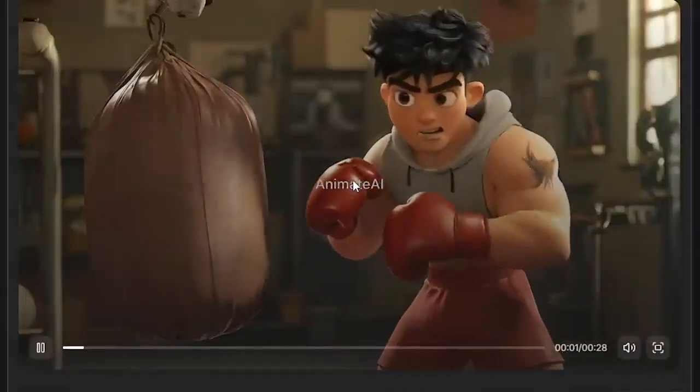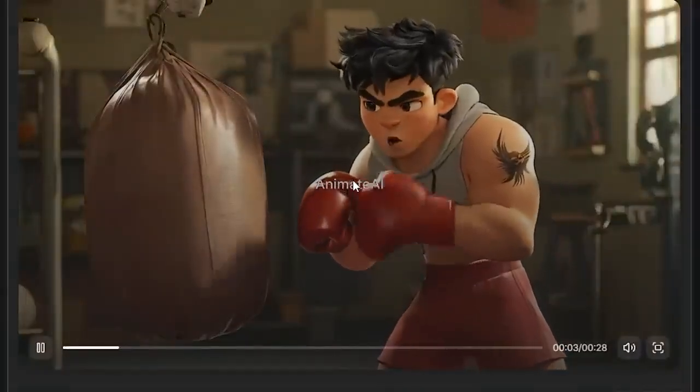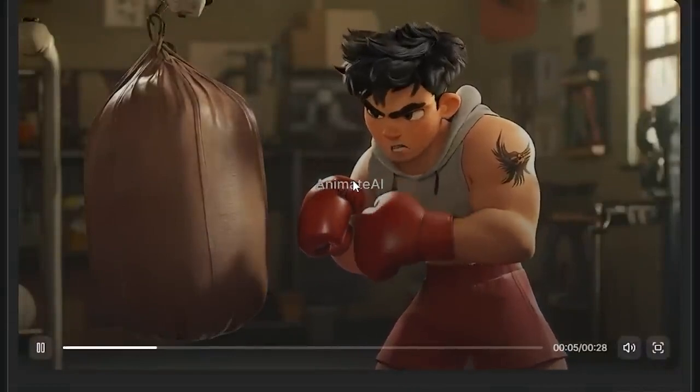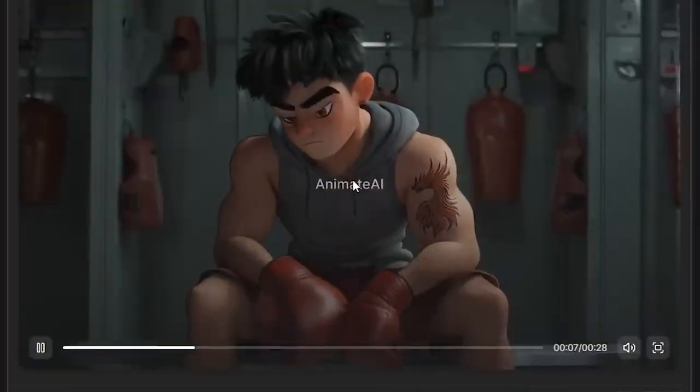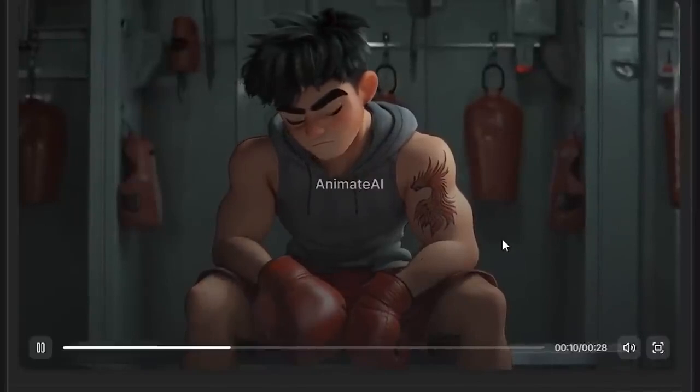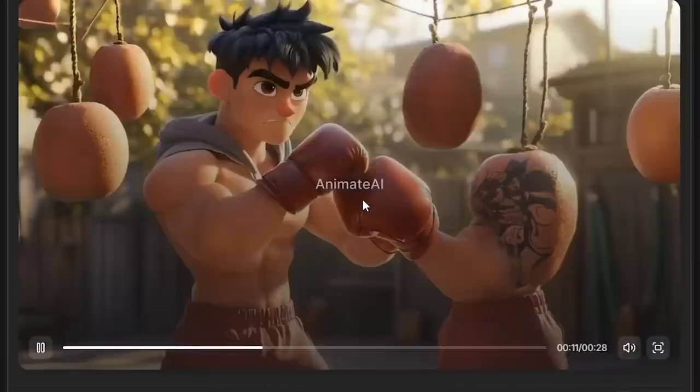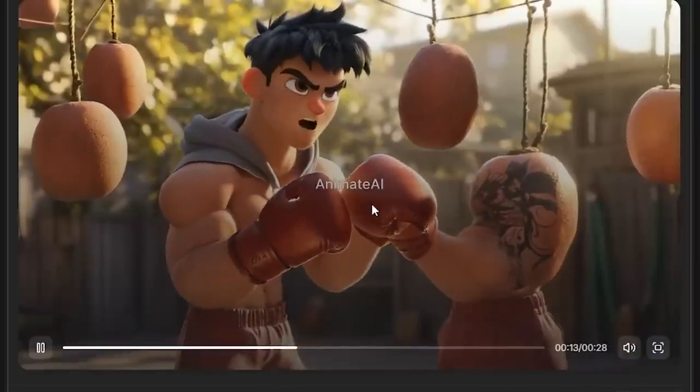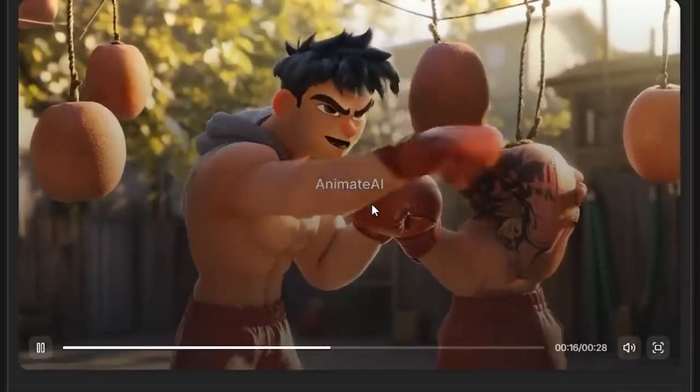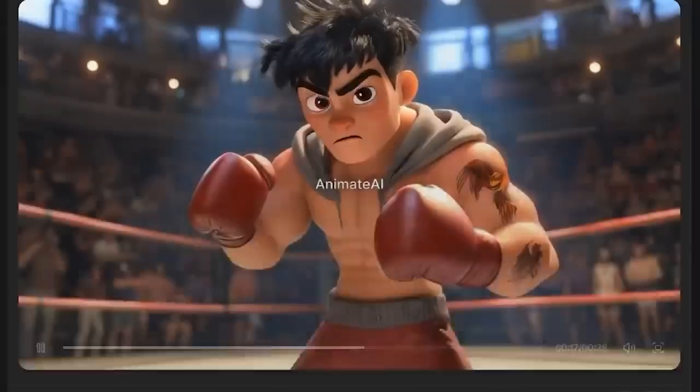Alright, so in this one, you can see the AI has maintained the character in all of these videos. From one scene to another, we have the same character, we have almost consistent clothing. Yes, we have some flaws in this one that we're going to fix later. I'm going to show you how to fix it. But this is the raw output.